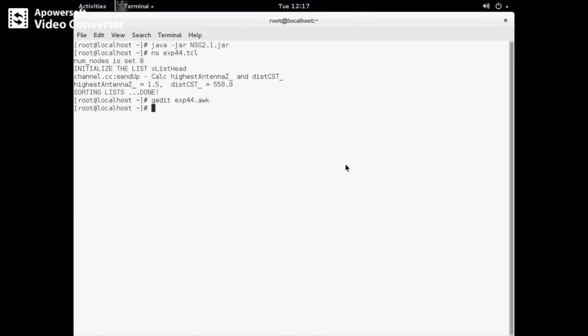Now I'm going to run this. We know that awk -f exp4.awk out.tr, the output trace file. So this is the result from N0 to N3: 0.91, because we have taken that many zeros, 1, 2, 3, 4, 5, 6. Here 0.9 means that we have taken a 7-digit timeline, and the unit is Mbps because that is the speed we have counted. So this is just the result of the 4th experiment.